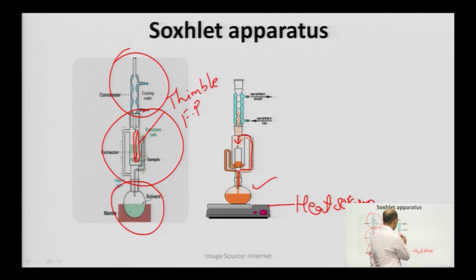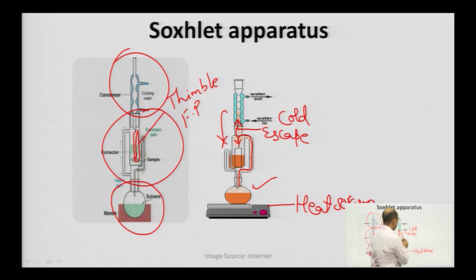As soon as they enter the extractor, they try to escape out to the condenser, and as soon as they reach the condenser, here is an inlet of cold water, and due to the cold environment, the vapors get condensed,